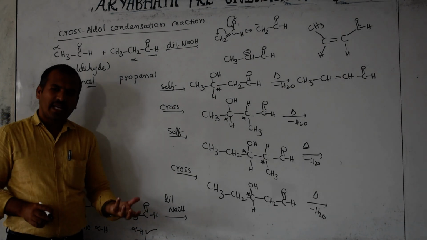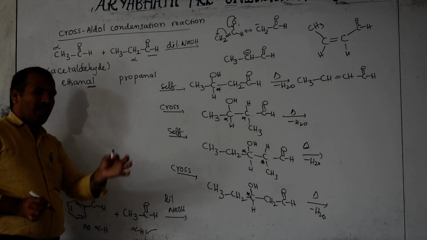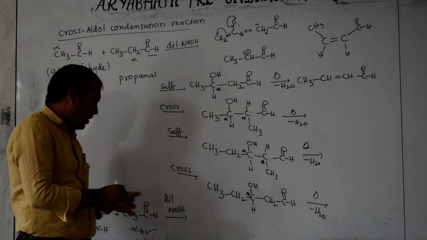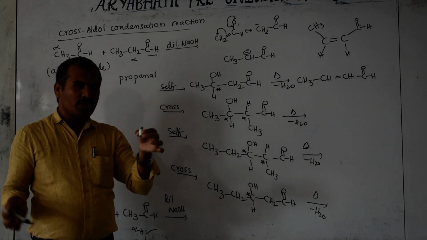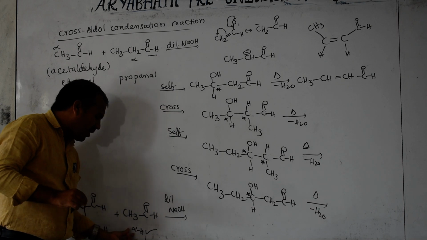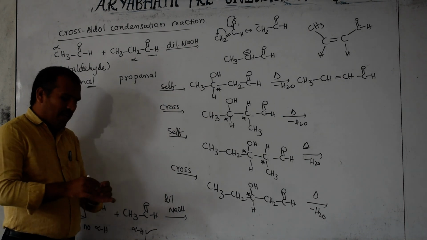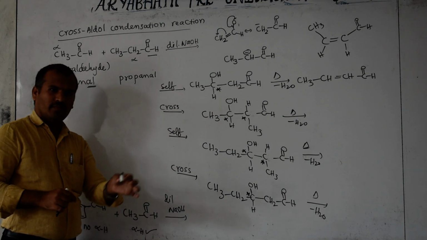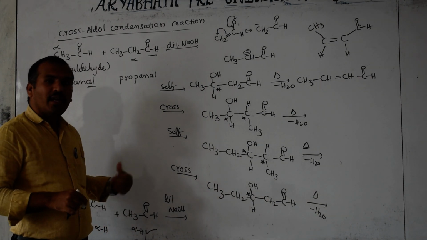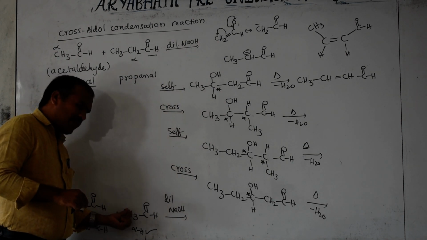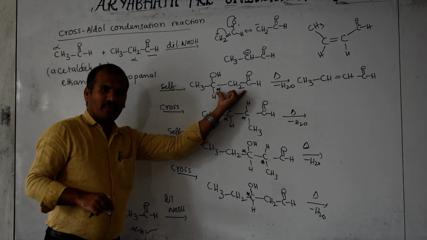So how do we actually do this reaction? Take a test tube, for example. To the aldehyde with no alpha hydrogen, add the base, NaOH. First we take the no-alpha-hydrogen aldehyde and base. To this, slowly we have to add the alpha-hydrogen-containing aldehyde. Then you may ask, what is the use? If you take the alpha-hydrogen aldehyde and base together already, what will happen? It forms a carbanion, and this carbanion itself undergoes self-condensation like this, because acetaldehyde can form this also.